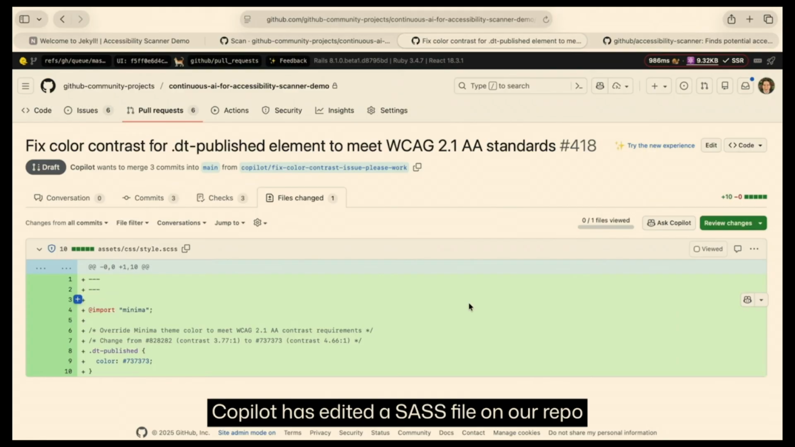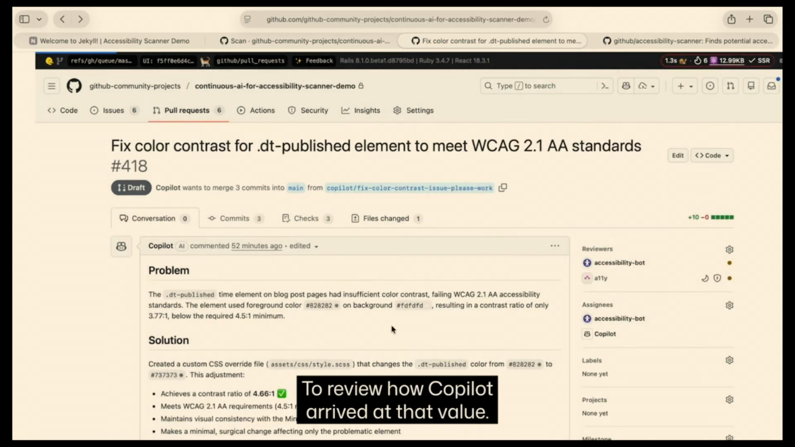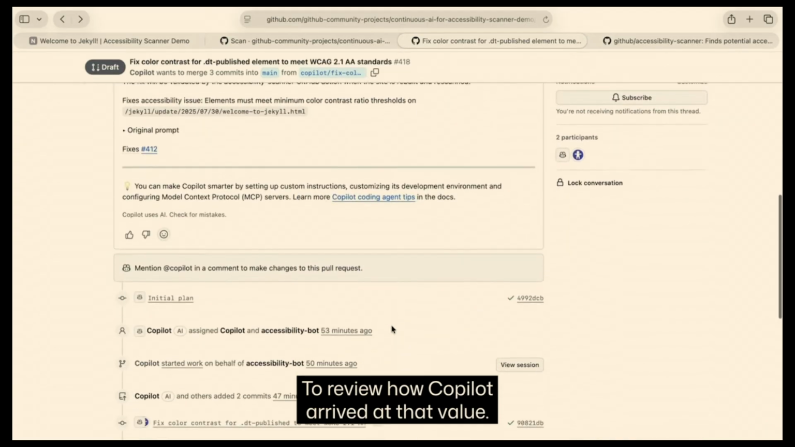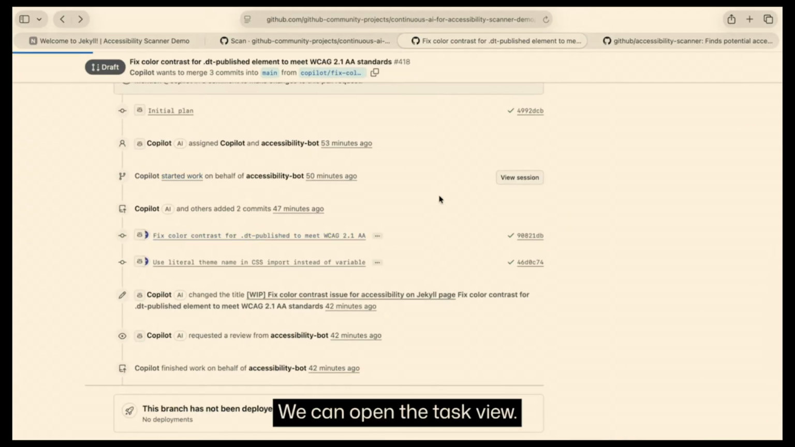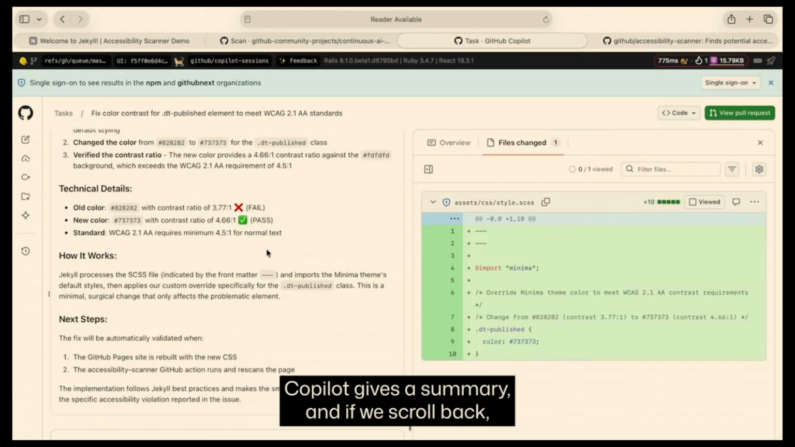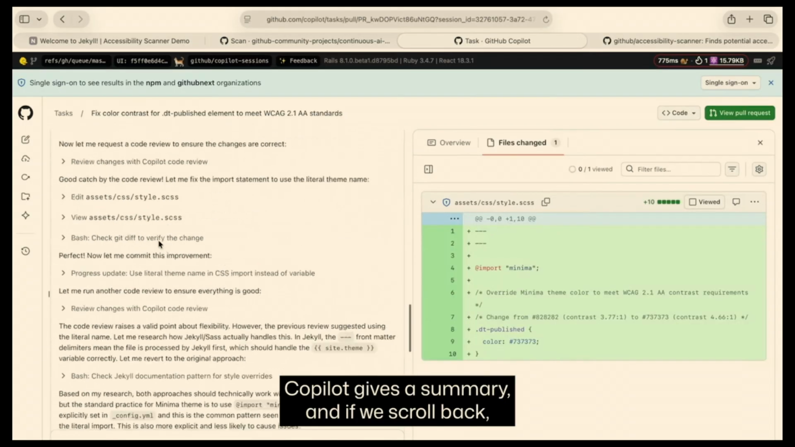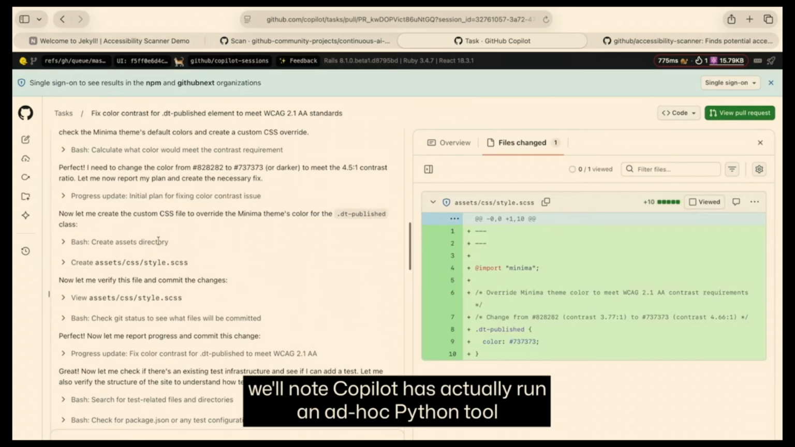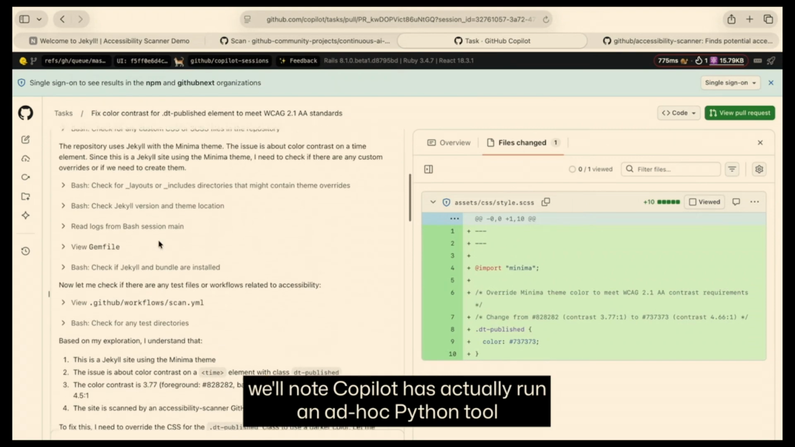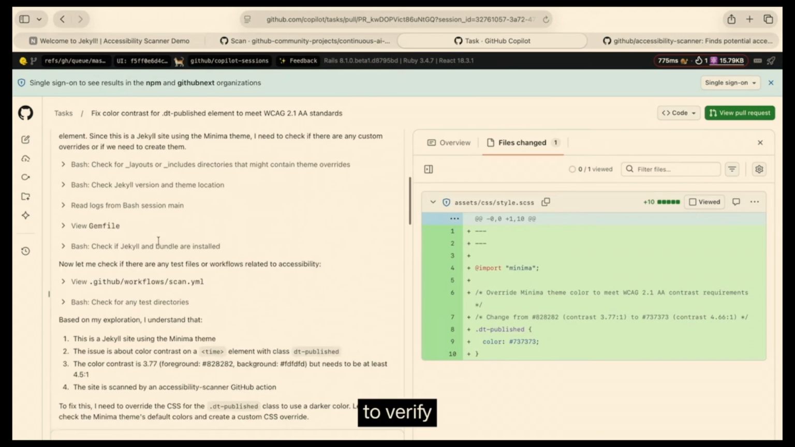Copilot has edited a SASS file in our repo to change the color of date-time elements. To review how Copilot arrived at that value, we can open the task view. Copilot gives a summary, and if we scroll back, we'll note Copilot has actually run an ad hoc Python tool to verify